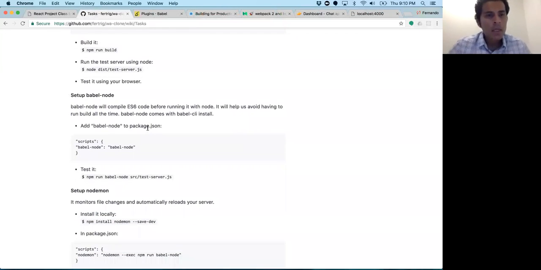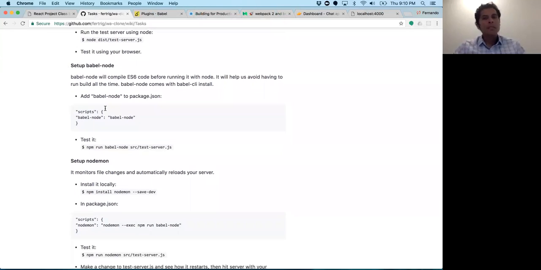Okay. So now we're going to set up Babel-Node. Now Babel-Node will compile ES6 code before running it with Node. Okay, so it's going to transpile it on the fly. It's going to help us avoid having to run build all the time. And Babel-Node comes with Babel CLI install. Because you can see as you make more changes, it will get annoying to have to run npm build all the time and then run